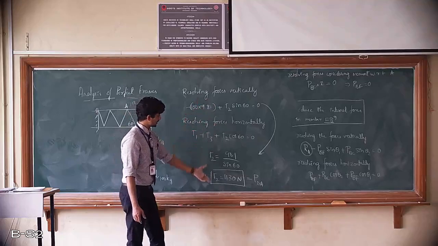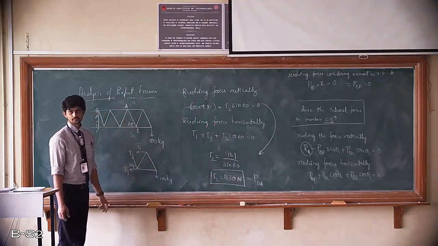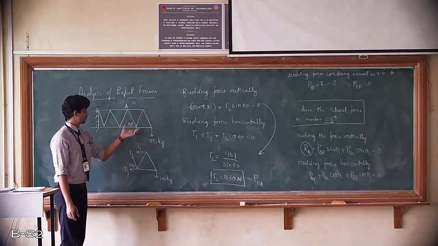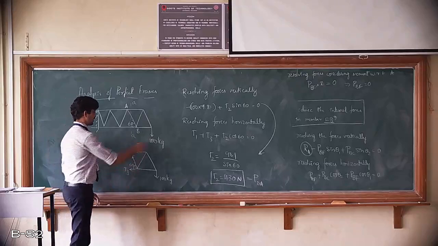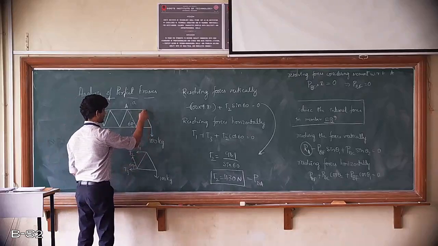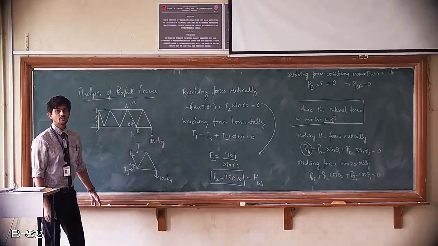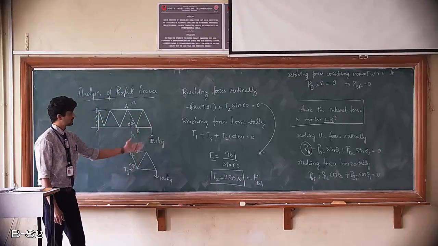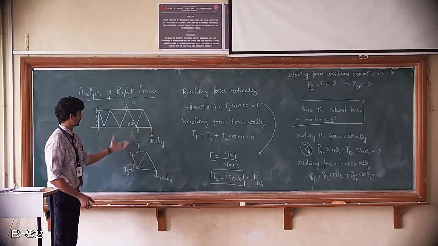And once you do that, you will get the load acting on that particular member. Meaning, in just 3 steps, you can deduce it using method of sections. If it was method of joints, 2 steps here, 2 steps here, and 2 steps here, so it is going to be almost 6 to 7 steps. So it is time consuming. I hope this is clear, method of section, and this is just a simple numerical.